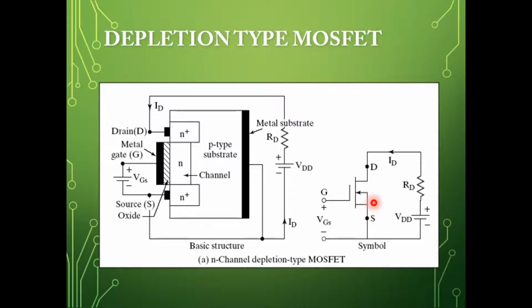So here you can observe the circuit symbol of a depletion type MOSFET. Since you have a physical channel existing between the drain and source, the circuit symbol is represented by a solid line, whereas in the case of enhancement you can see the drain and source represented by broken lines, and the arrow mark indicates the direction of the current flow, and it is an N-type. If the arrow mark points in the opposite direction, it is a P-type MOSFET.